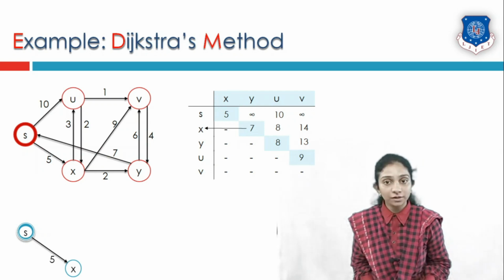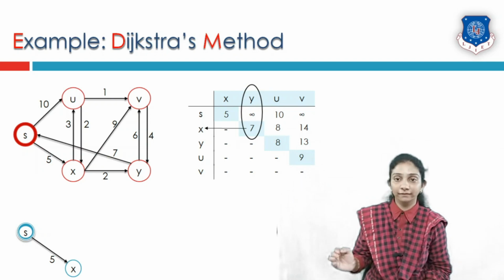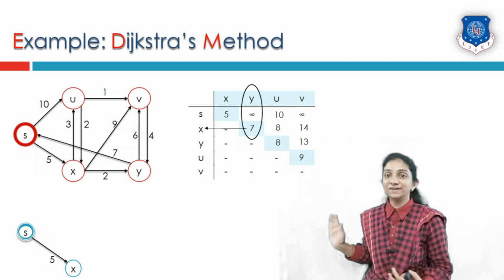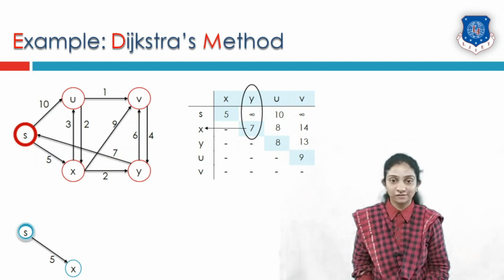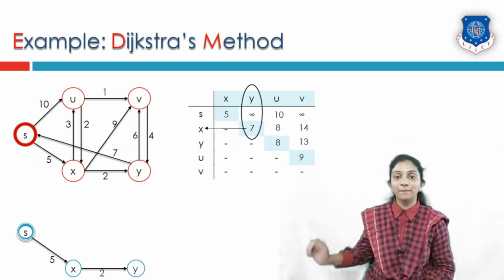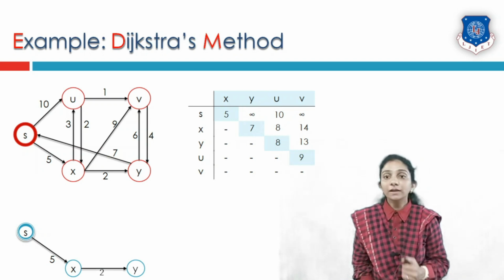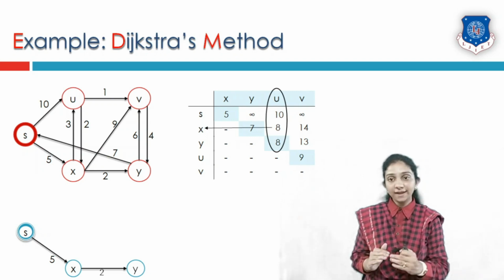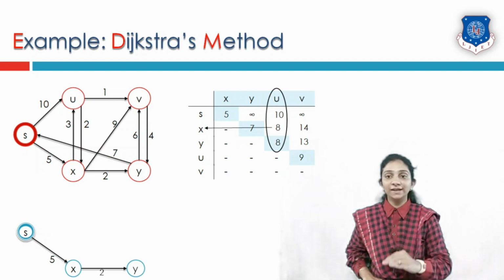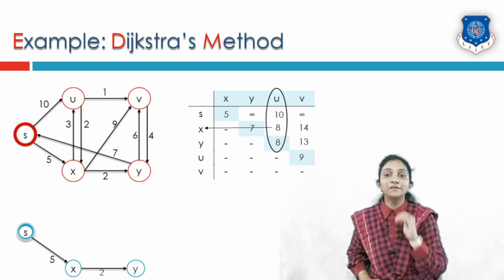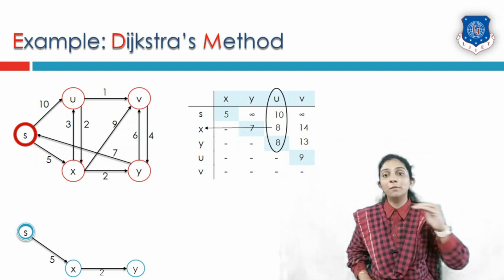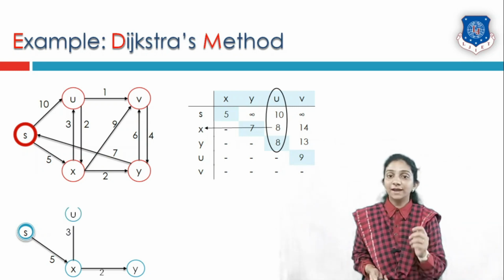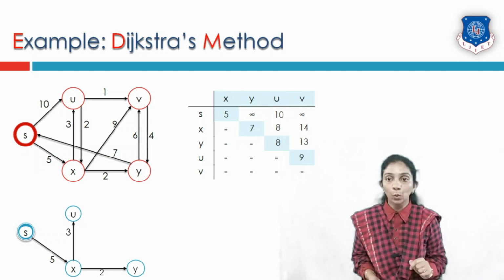Similarly, we will take another column, that is column y. In column y, final value is 7 and that 7 is generated from row x. So we will add an edge from x to y. In third column, final value is 8, but even though it is appearing in the last line, we have to first check where it is coming from. So 8 is coming from a row where value is equal to x. So we will have an edge from x to u.